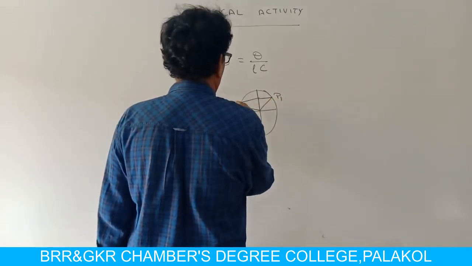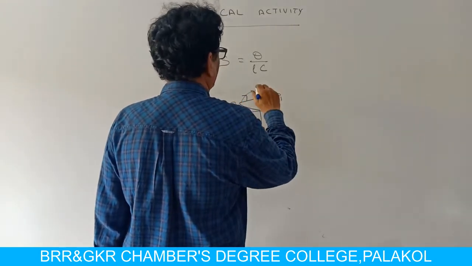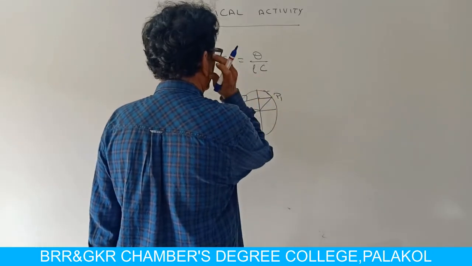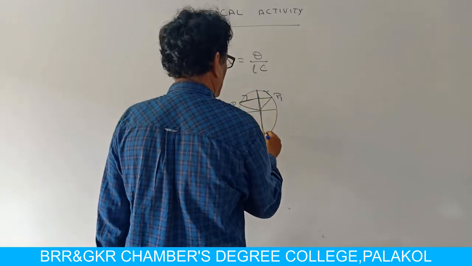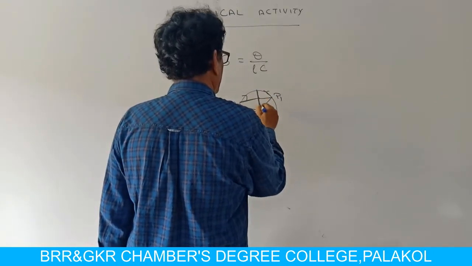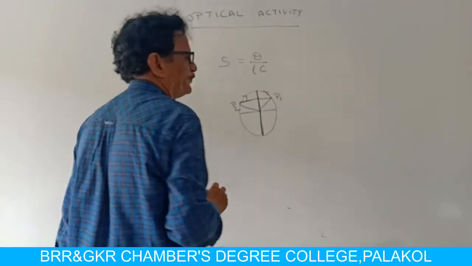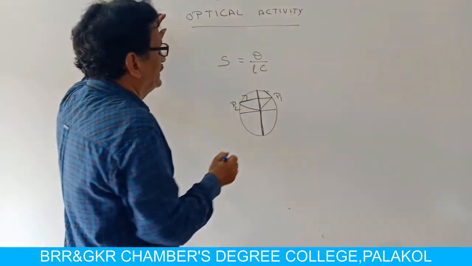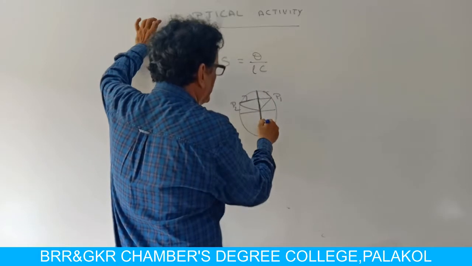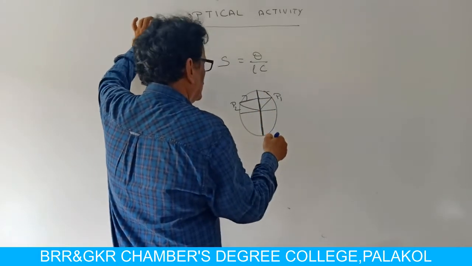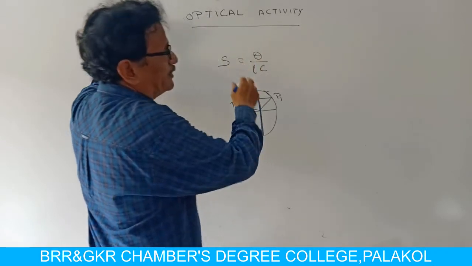Here P1 and P2, one is moving in anti-clockwise direction, the other one is moving in clockwise direction. Then their foot of perpendicular gets linear vibration along the diameter. That means the resultant of these two circular vibrations gives a linear vibration.